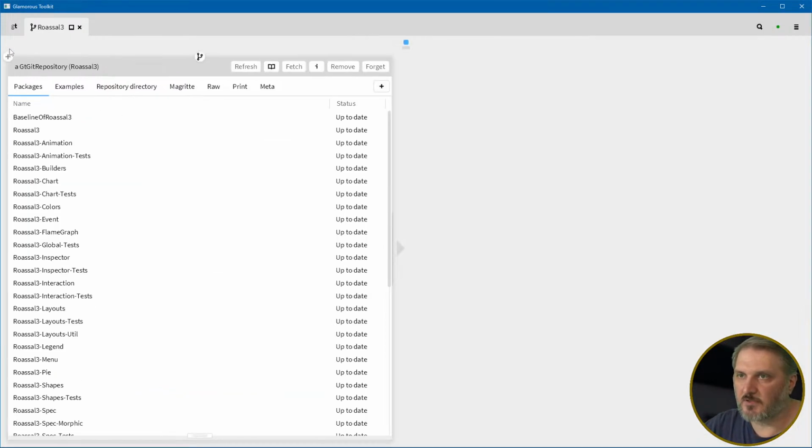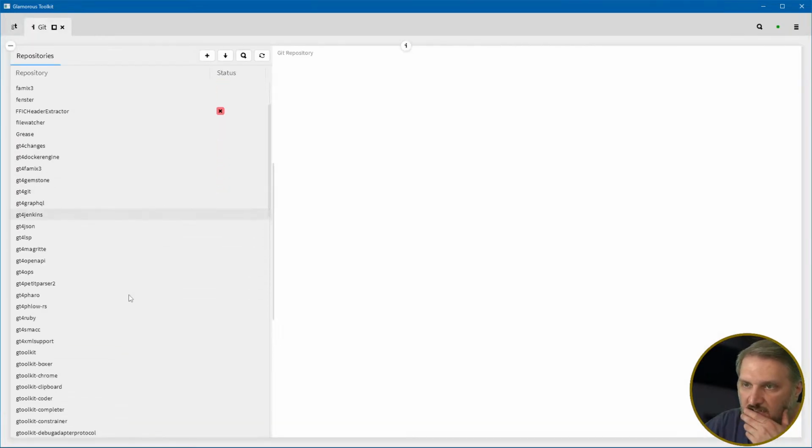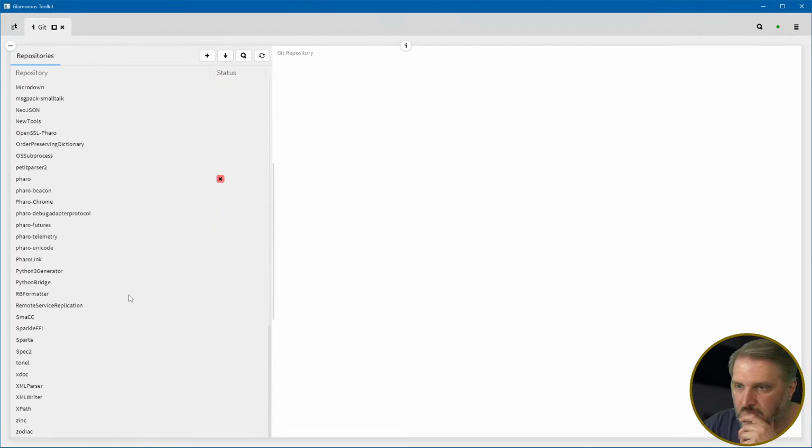But if I come back here now, let's just close this, open up GT Git again, and see if Rosal is there. It's gone. Okay, good. Okay, so now I do want to press this button. So